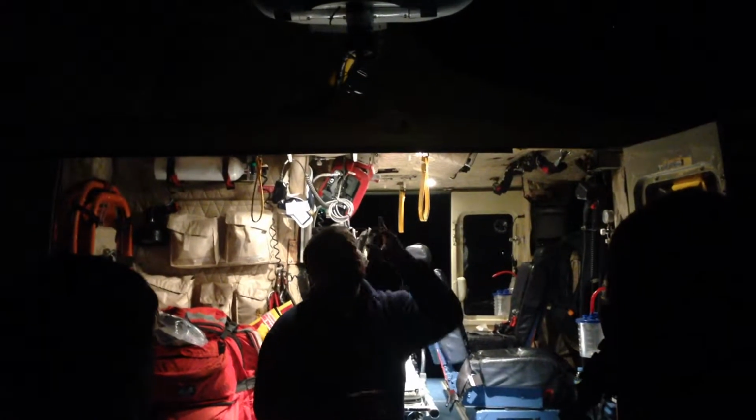The air crewman usually sits on the left, so he'll sit on the left at the front for the majority of the flight going out, especially to the location. He's in charge of all the navigating, all the comms with you guys on the ground, having a chat with you about the rescue operation or the MVA and trying to organise landing zones. He'll operate the weather radar from the front as well if it's really shitty weather. And then he'll jump in back and assist the paramedic and also does all the winching and all that type